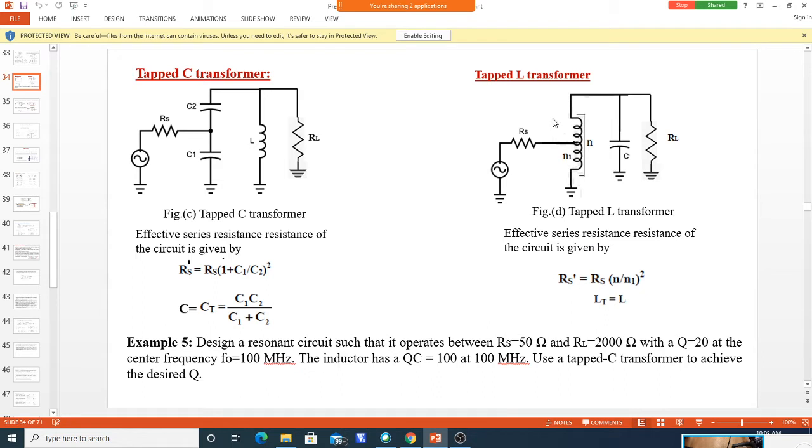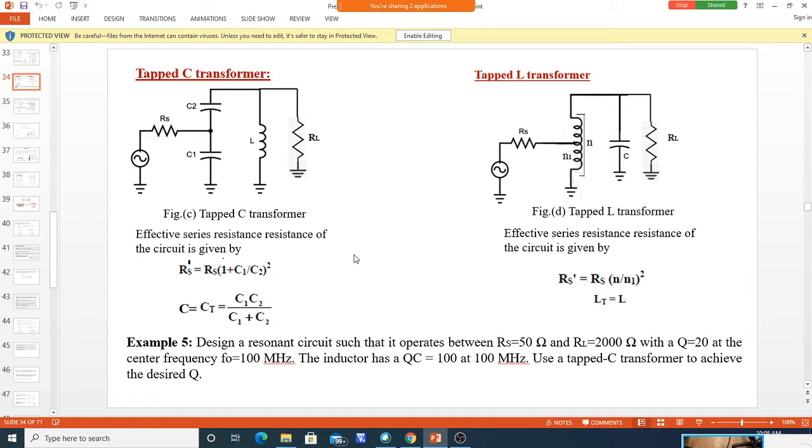See, we are not adding any extra components here. Whatever capacitor and inductor we get for a resonator circuit, just by splitting that inductor and capacitor, we can increase the resistance. Here also we are just splitting like this, N and N1. Choose the values of N and N1 and you can increase the resistance. It depends upon the value of this. The total inductor is the inductor of this whole coil. So either one of these you can use.